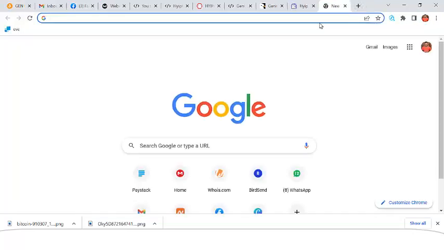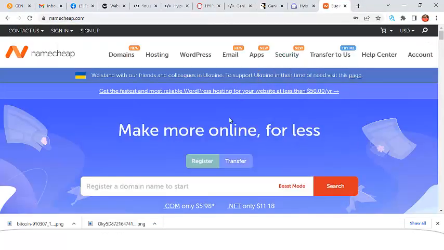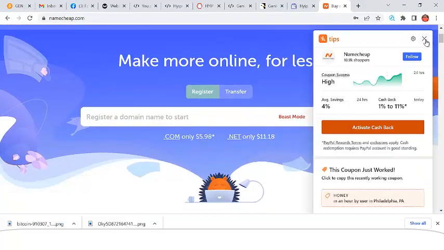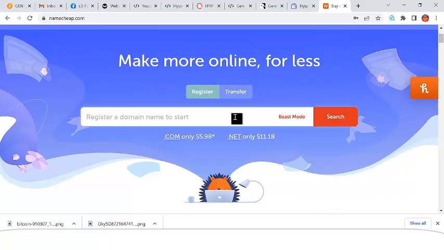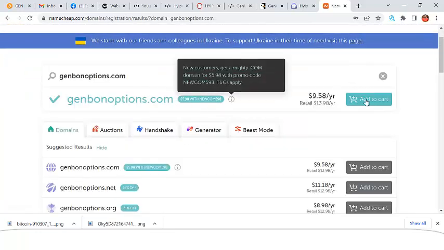So I highly recommend that you get your hosting from Namecheap. Namecheap is very, very reliable and very good. And make sure that when you are buying your Namecheap domain name, don't purchase a domain name that looks fraudulent, right? So I can say GenB online invest or GenB on options.com, right? So you can do that, and if the name is available, you're just going to add that name